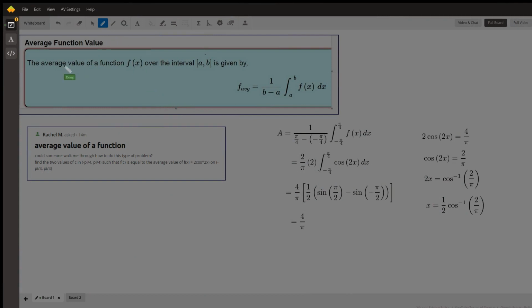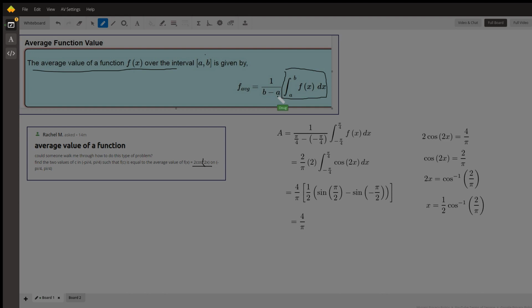Okay, here's the definition for the average value of a function over a closed interval from a to b. You really find the area under the graph with this definite integral, and you multiply by 1 over b minus a. So to find the average value of this function, and I'm assuming this was a left parenthesis here, 2 cosine of 2x,